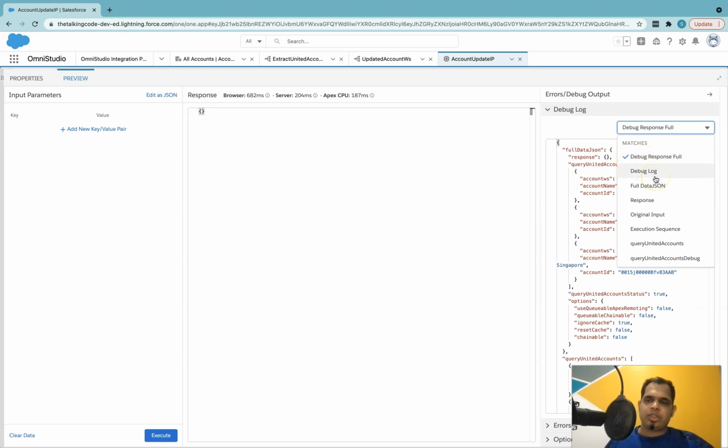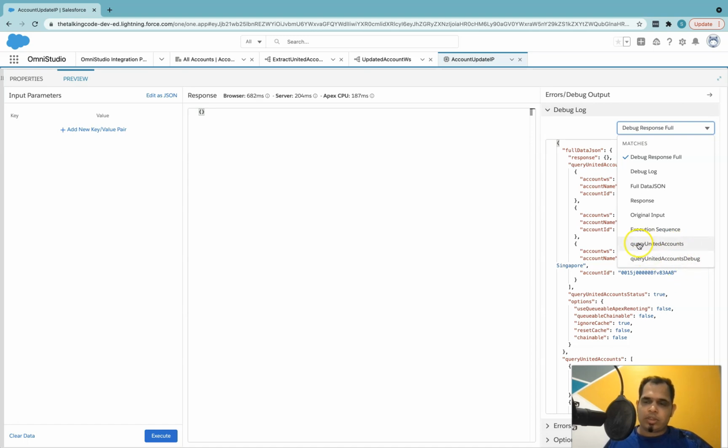But if you want to see the response or the details about a single action, what IP does is it creates two things with every action. So if you remember, the name we gave to the data raptor was query united accounts, right?